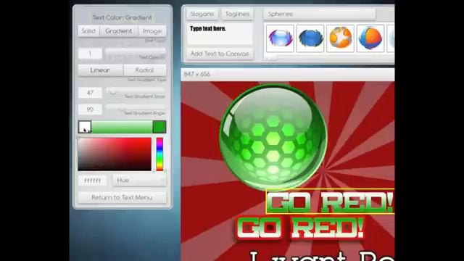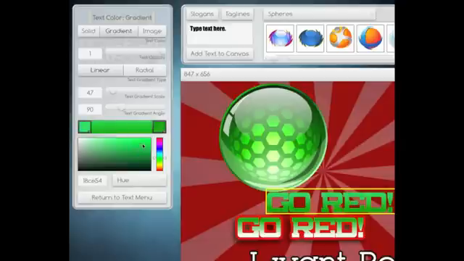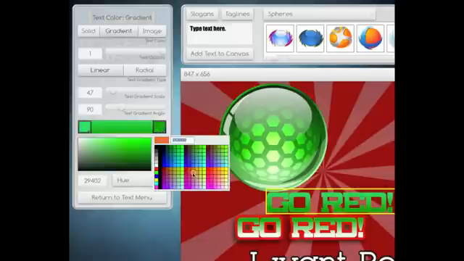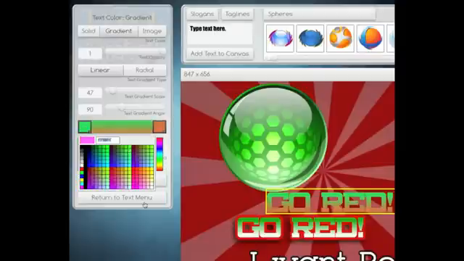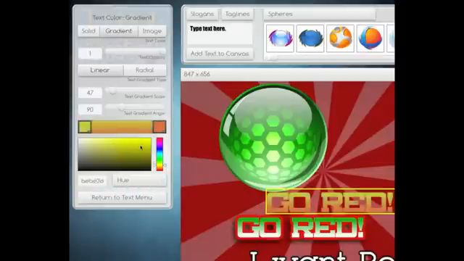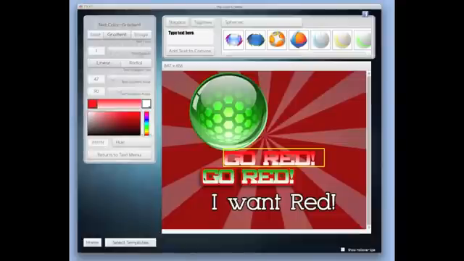Gradient, you simply click on the first color gradient to change it, and the second color gradient to change it. Or you can click on the first color and click and drag to make different colors. So we're going to go red, and this one we're going to go white. And down here, if I click again on the second text, this doesn't change, but the colors are now